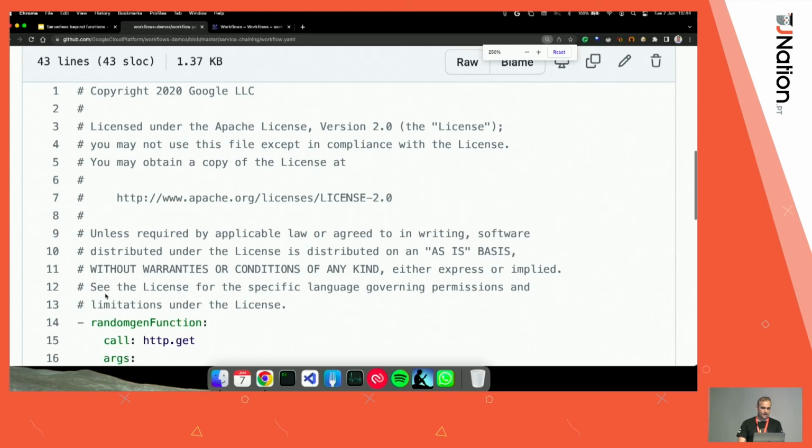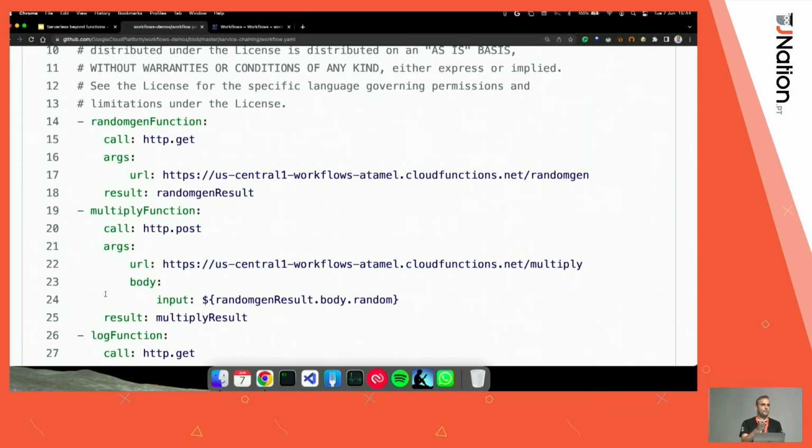Then you define your steps. What should happen in this orchestration? In the first step, we called it random gen function. We are making an HTTP GET call to the Cloud Function. This call is made by Workflows, and the result will be captured in random gen result. That's the result that will come back from the service.